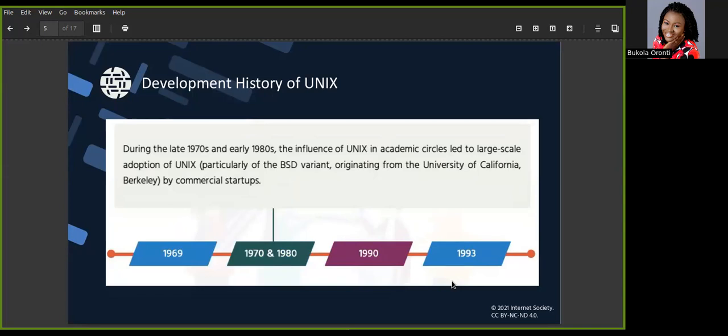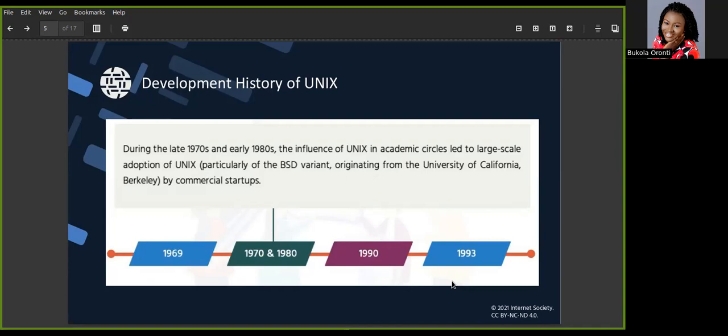Now, in the late 1970s to 1980s, one of the lead team members, I think that should be Ken Thompson, moved to the University of California, lecturing there. And then I guess based on his teachings, a group of academics came together and developed another version of Unix.